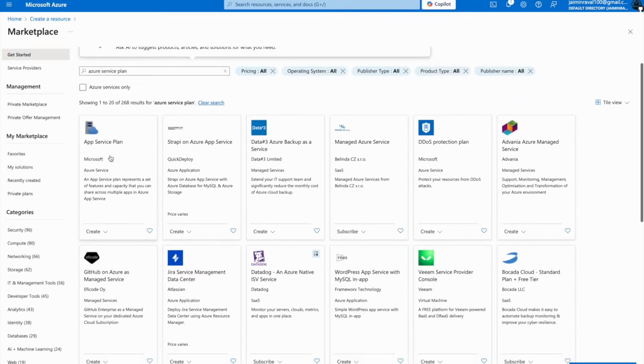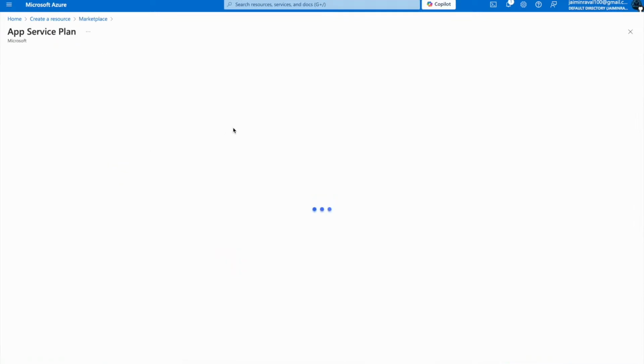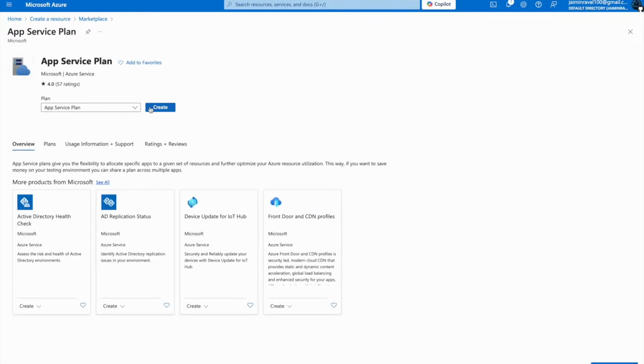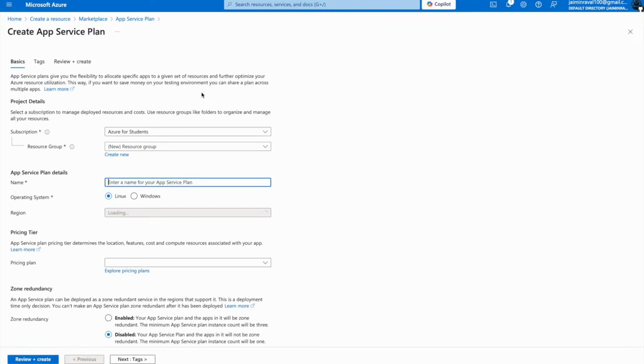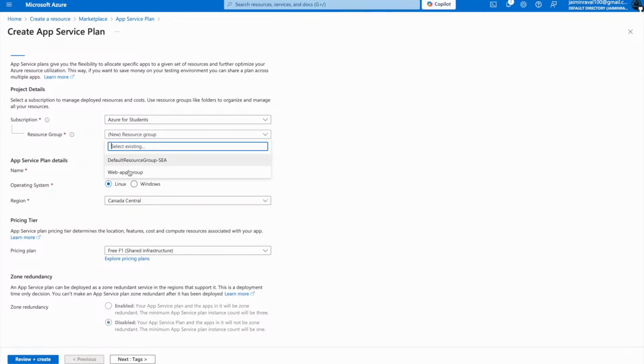Here you can see App Service Plan. Okay, so we will create this. Now we will click on create. Here we will select the resource group. Then we will give the name of this service. So I will give just